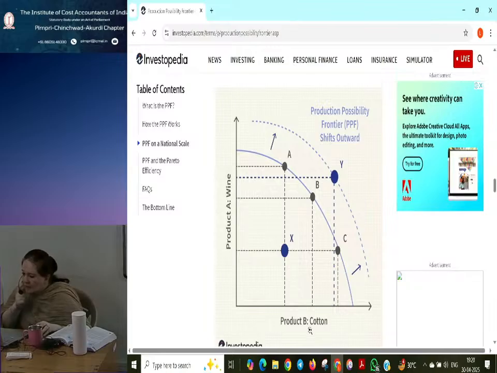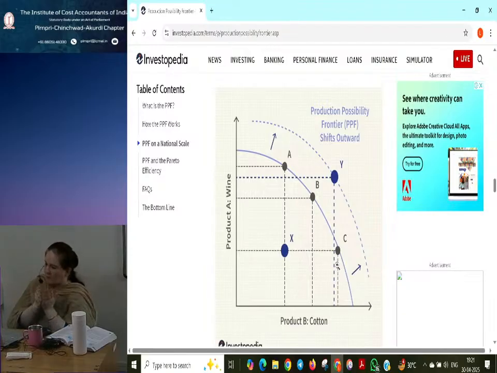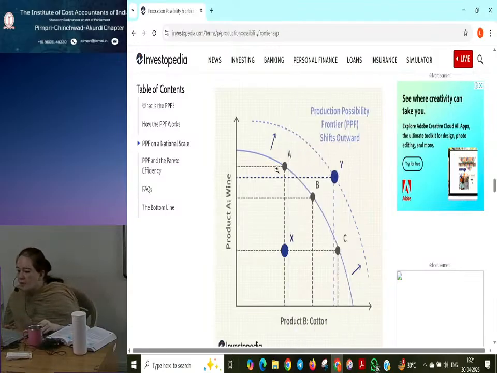So if you look at production of wine and cotton, there are different combinations that are formed here based on the availability of resources, which is commonly used by both of them. So this forms the boundary. This will give you a combination of how many liters of wine and how many kgs or bales of cotton can be produced. So when we look at the combination of two things, a frontier is formed.